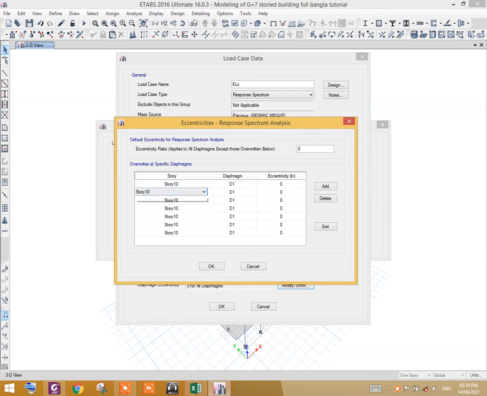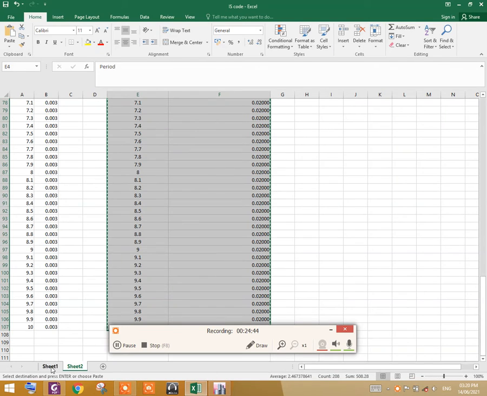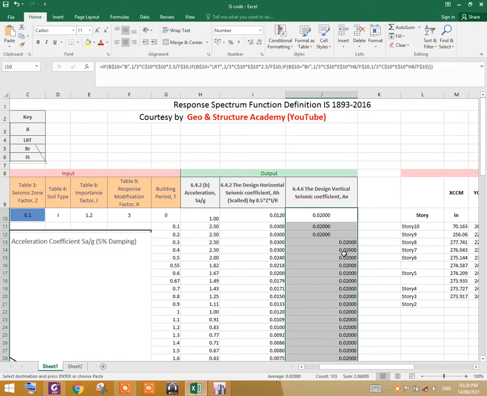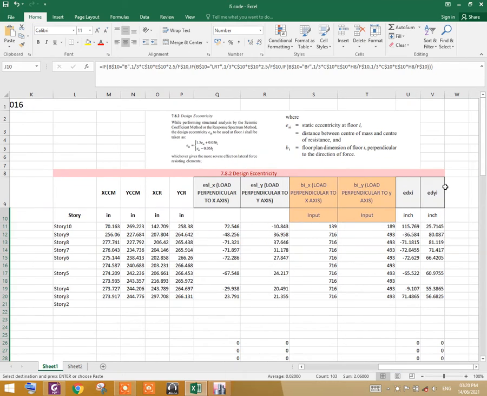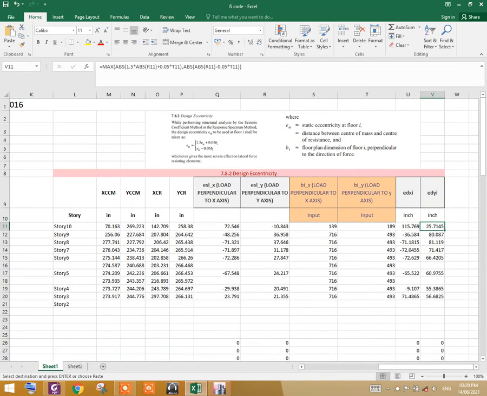Story 10, story 9, story 8. Go to Excel sheet, and you are seeing here the EY values. Please note down these values.